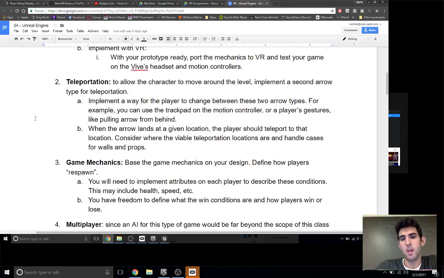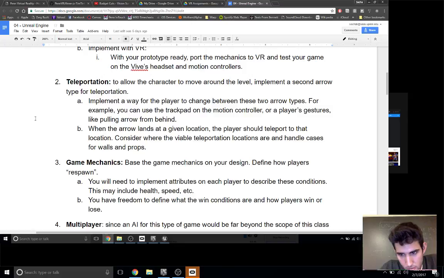Game mechanics. So we've given you brief, broad directions here. You're a player, you can pull an arrow, you can shoot an arrow, and you can teleport somewhere. Right? There's a lot of things that the staff and I want to leave up to you guys to determine. Right? This is uncharted territory. This isn't a class in games, but this is a game that we're asking you to make. The trick here is that we want you to figure out what kind of mechanics you can design around the whole VR component, so that this isn't your normal shoot 'em up game. Right? It's totally up to you. How you implement those mechanics and what you choose to do to make this fun is 100% at your discretion.